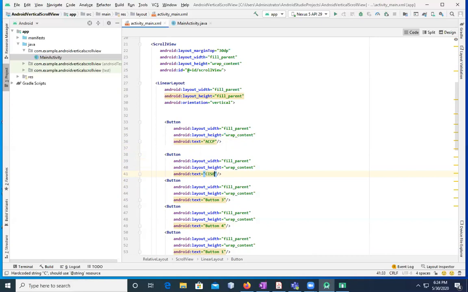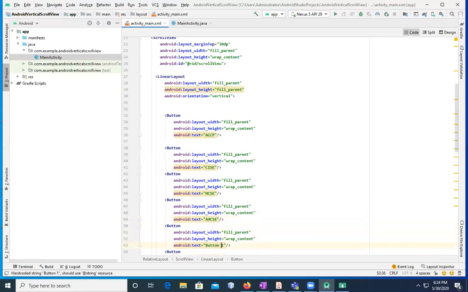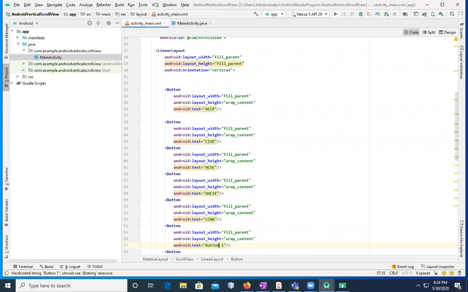Then in ACCP we have CISE, and then we have HCSE, then we have advanced AHCSE, then we have short-term courses like CCNA, then we have, for example, CCNP,